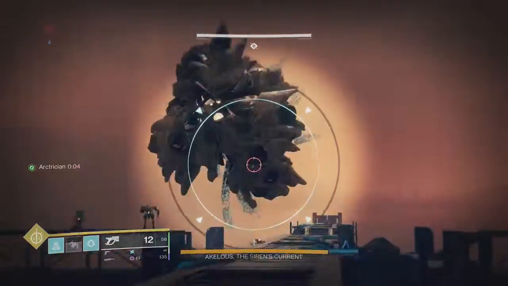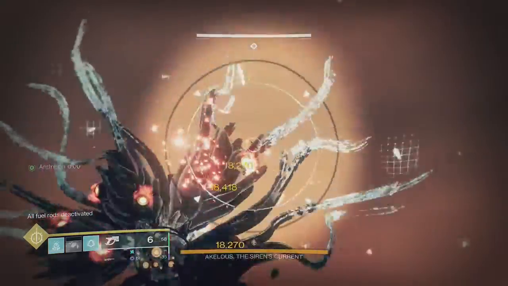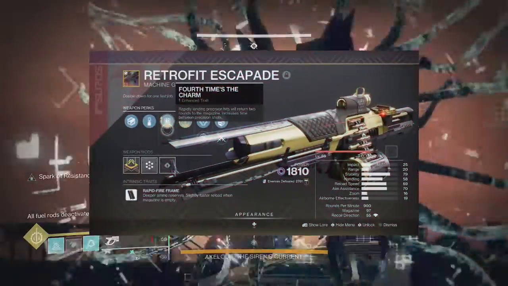First of all, they are different frames, Retrofit being a Rapid-Fire, meaning less effective range and higher recoil, and it's a different element also. Retrofit's Fourth Time's the Charm Target Lock roll did not out-DPS the god roll Song of Ir Yut by